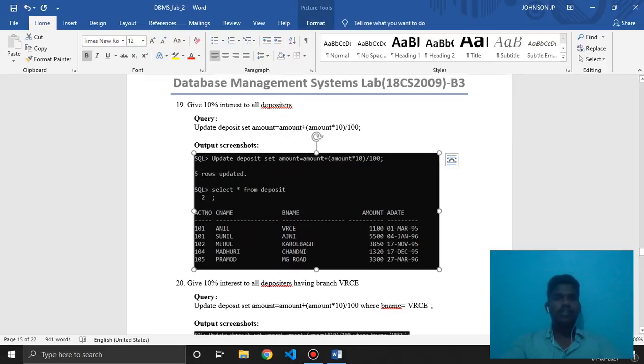Then we give 10% interest to all depositors, meaning update deposit set amount equal to amount plus amount into